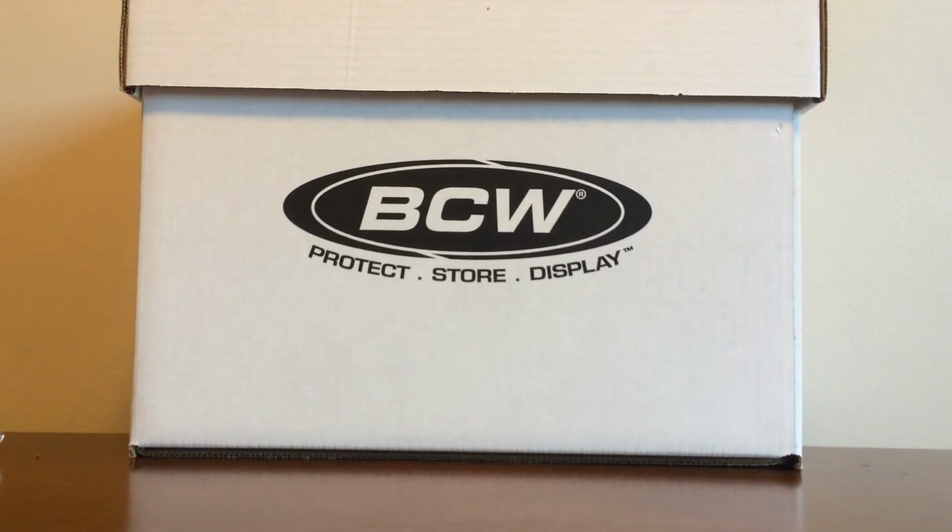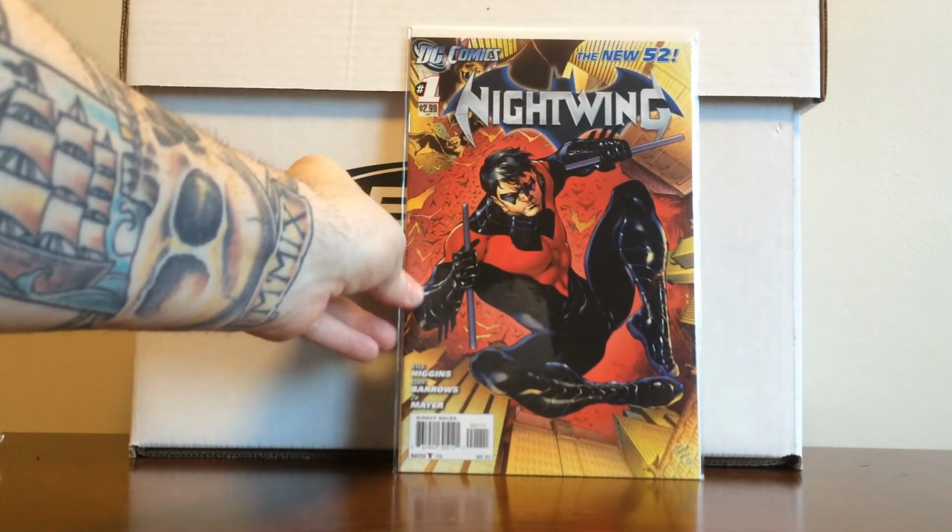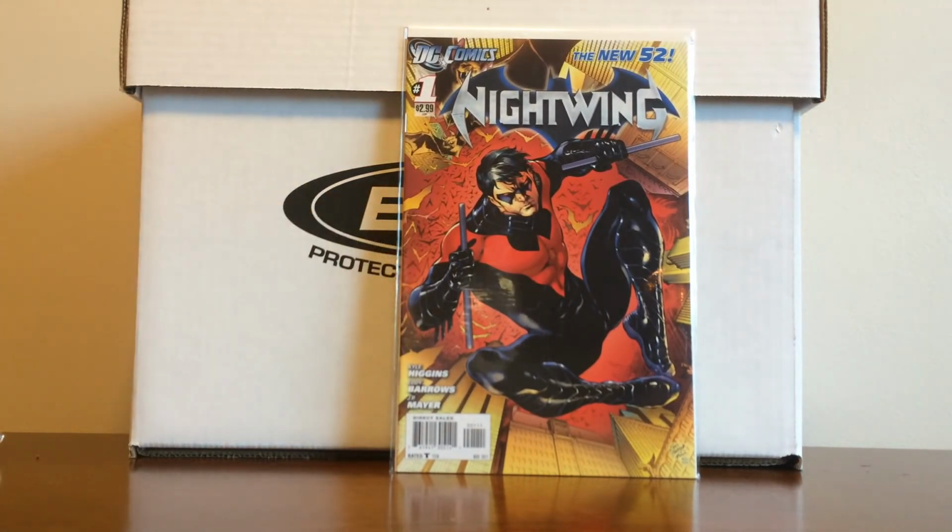All right. Here now we're getting into some pretty new stuff. This is Dick Grayson as Nightwing, and this is Dick Grayson's first appearance in the New 52. It's a great cover, great storyline. It only lasted for 30 issues, which is disappointing because I think that Kyle Higgins knocked it out of the park. I mean, as far as a Nightwing writer, awesome. Higgins was as good at the Nightwing storyline in the New 52 as Dixon was in the Robin run in the 90s or 80s or even 2000s. But anyway,